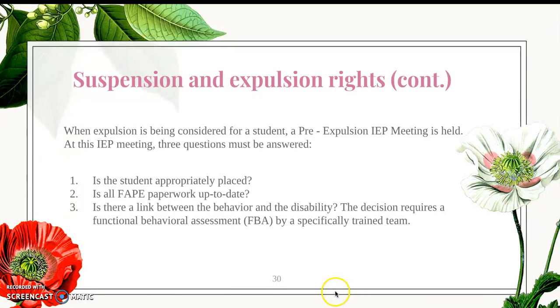At this meeting, 3 questions must be answered. 1, is the student appropriately placed? 2, is all FAPE paperwork up to date? And 3, is there a link between the behavior and the disability? The decision requires a FBA or a functional behavior assessment by a special